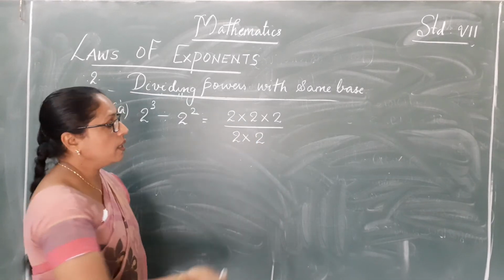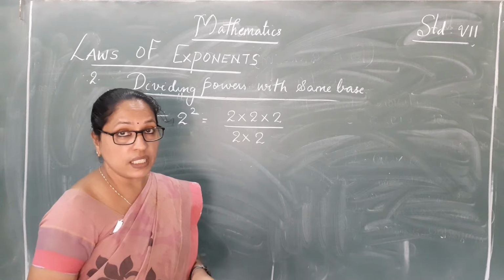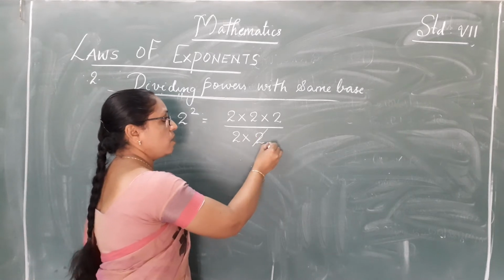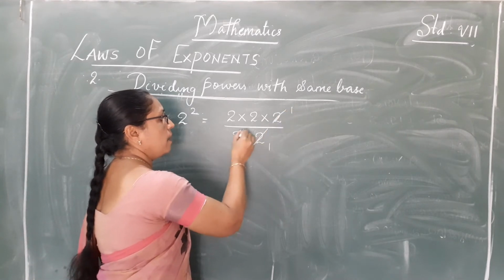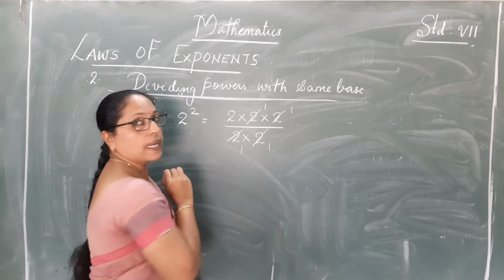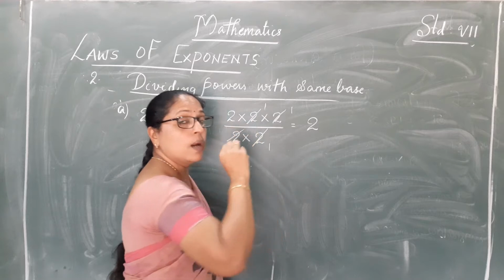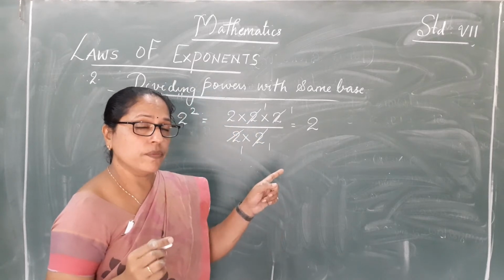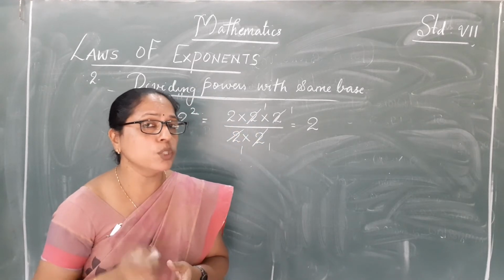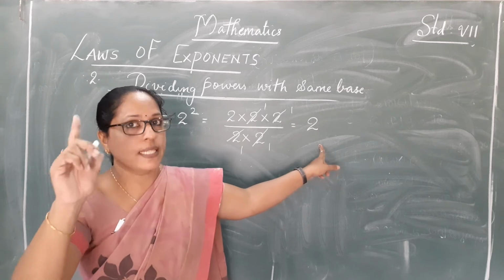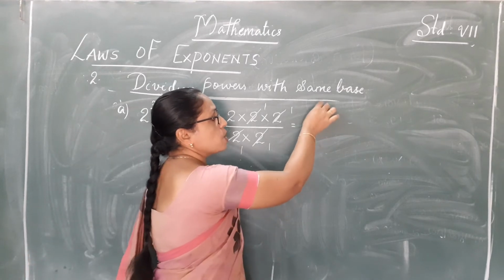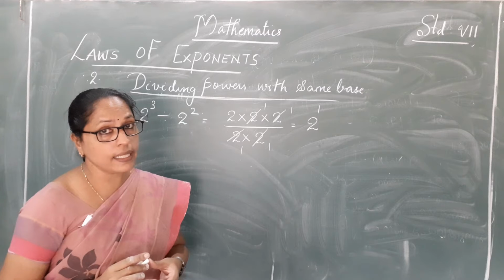Right? So, here you use simplification, which we learned. Fraction simplification one time, again one time. What is the final answer? Only 2. Right? What is the power of this 2? When there is no power, what do we put? 2 how many times here? Yes, 2 one time. So, it will be written as 2 raised to 1. Correct?